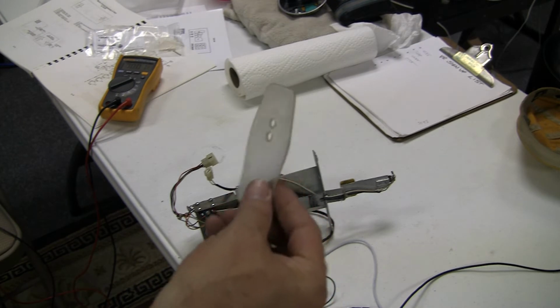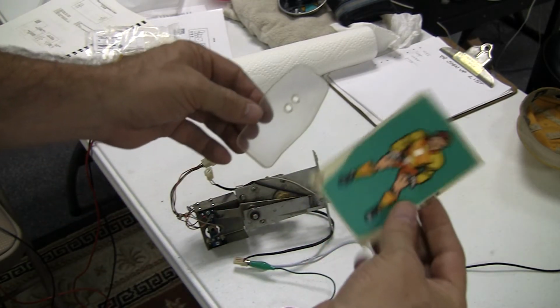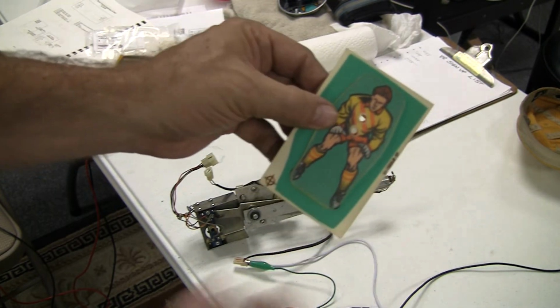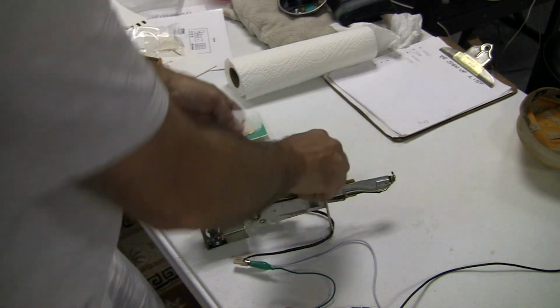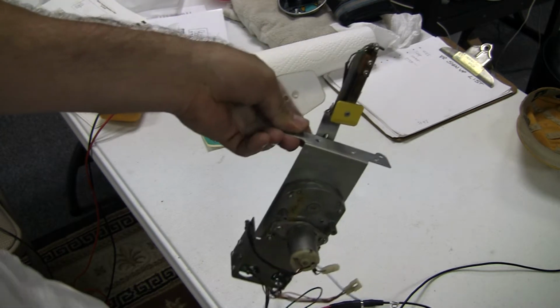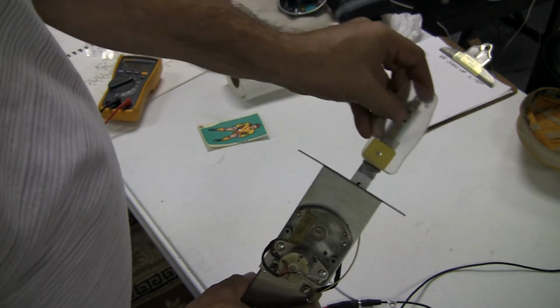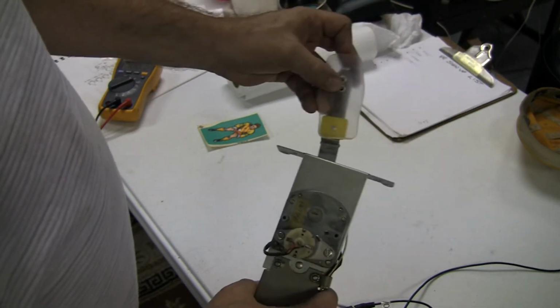There's a piece of plastic like this. It actually completely disintegrated, and there's the goalie that goes over it. So this will be glued onto this, so it'll fit on it like that. And this is what the whole actual goalie assembly looks like from underneath the machine. So the goalie sits right here, and he goes back and forth like that, blocking the ball, and there's a